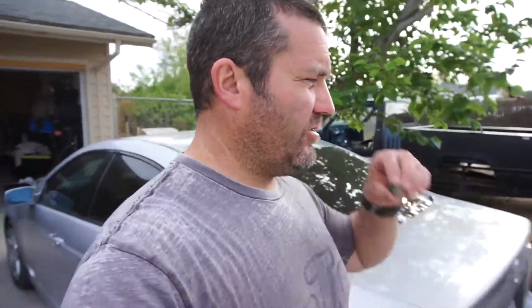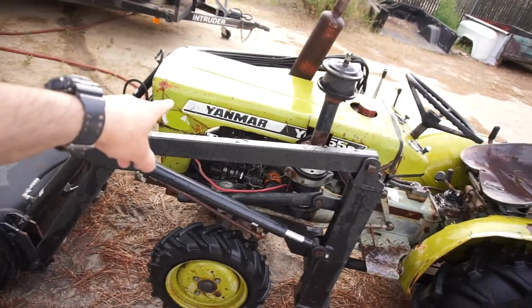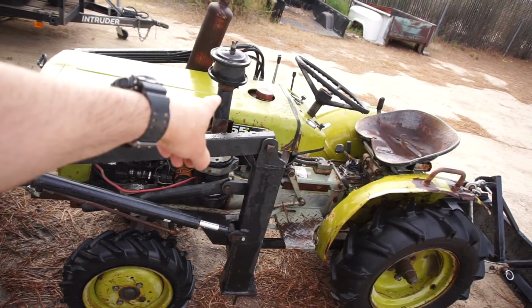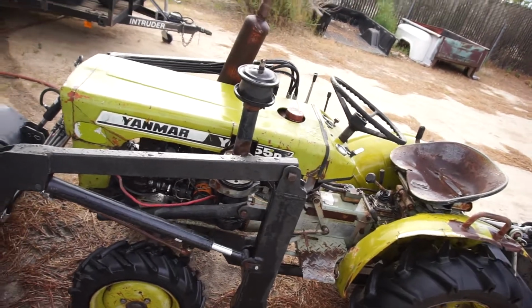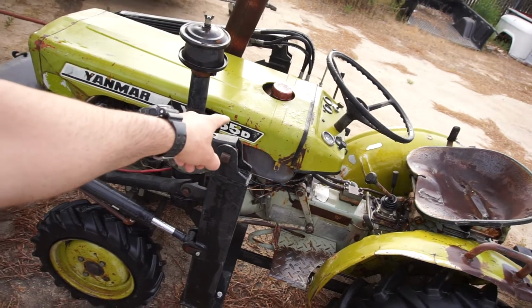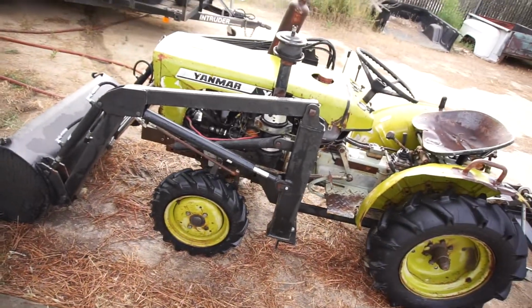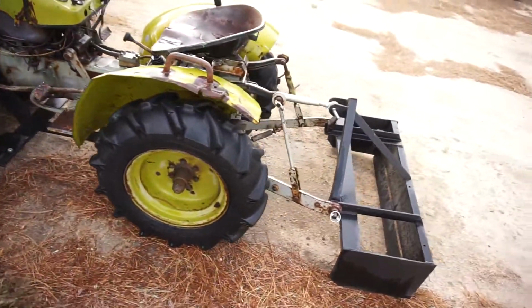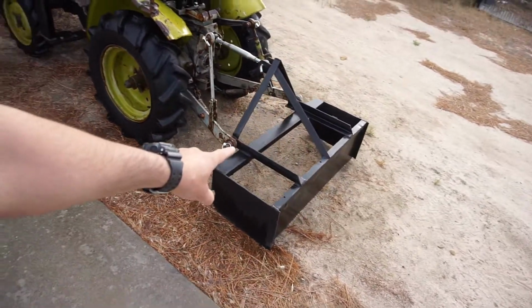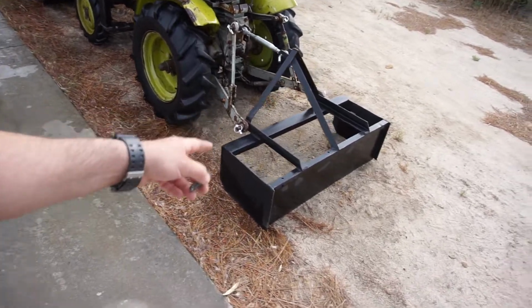So I ended up buying, I just hosed it down for the video, obviously, a little Yanmar YM155D. You would think D means diesel, but D means four-wheel drive. But it is a diesel, a 2-cylinder diesel. I think that's called a Canyon, I don't know. Anyway,